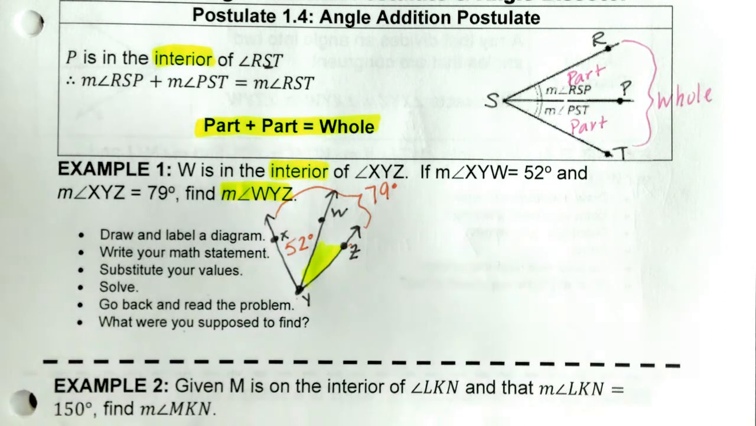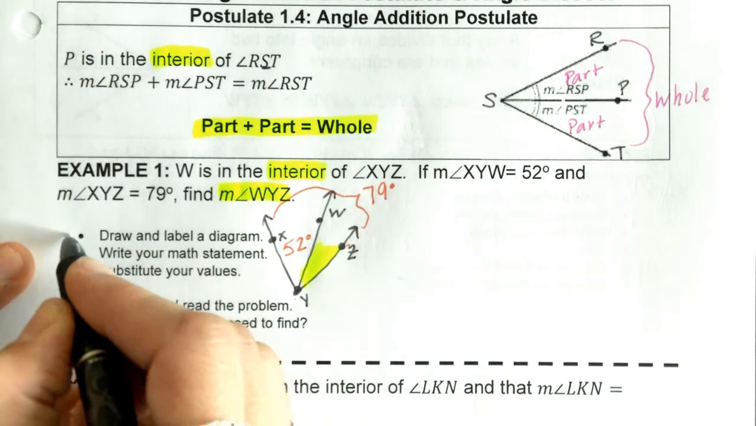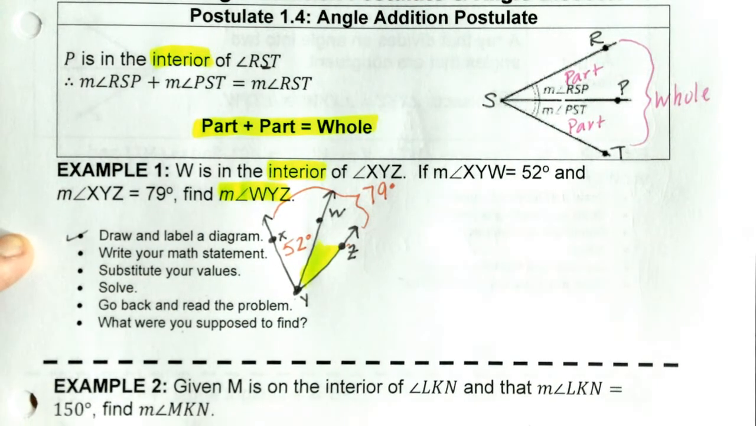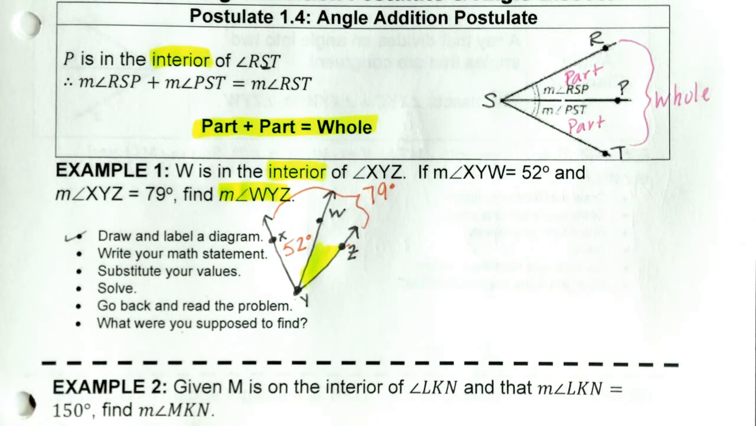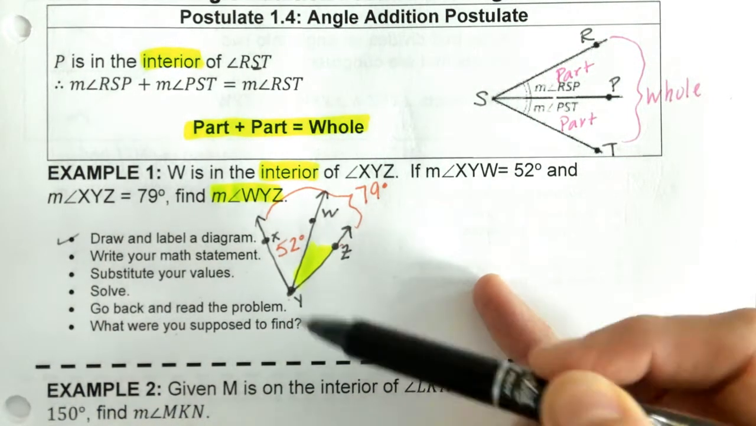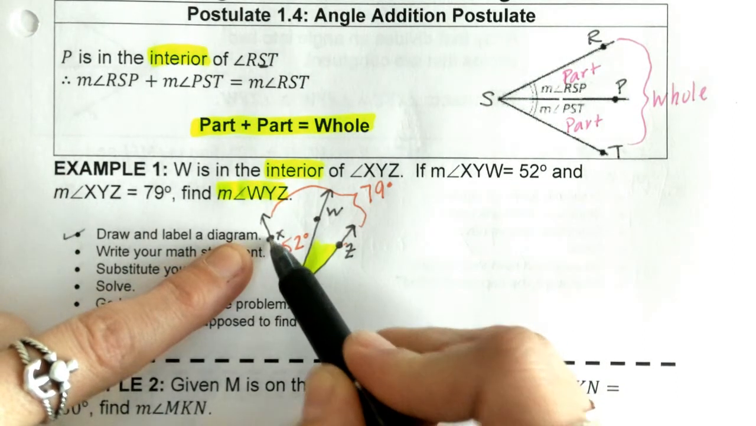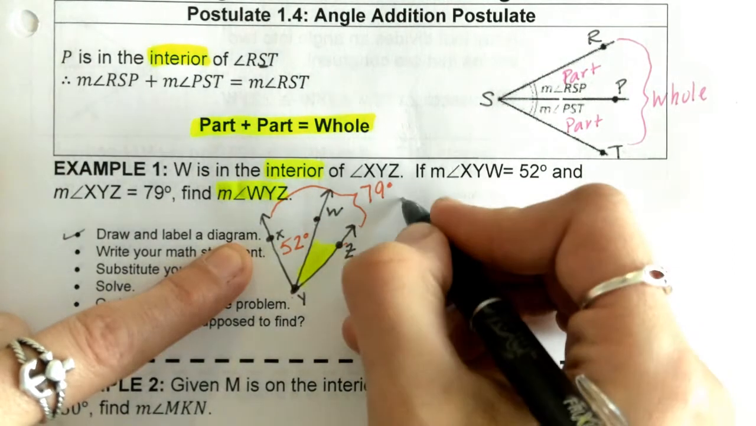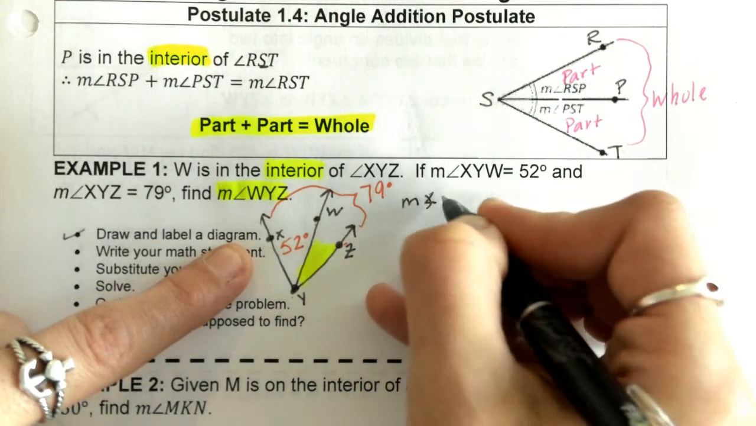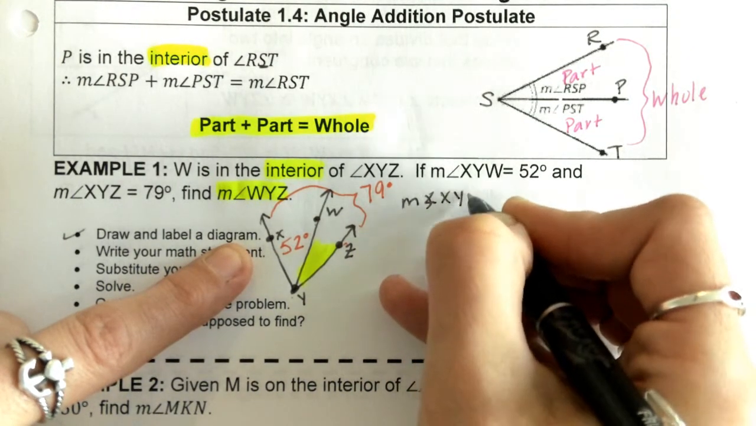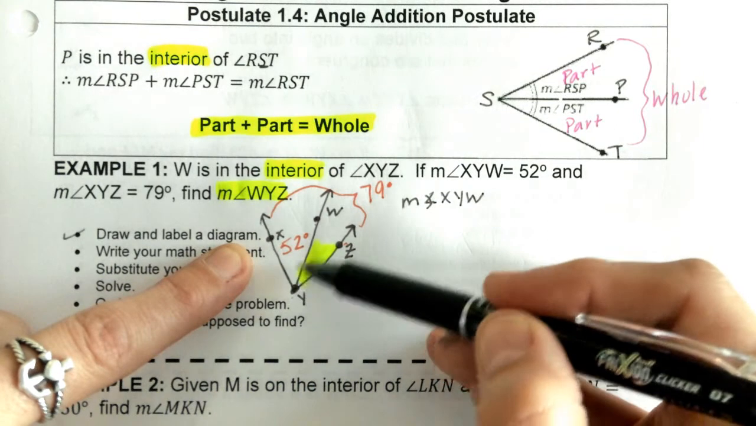Okay? So if we look over here at our bullet points, we already drew and labeled. Let's write our math statement, or it's also called math sentence. What I mean by that is your part plus part equals whole, but using these angles. So the first thing, our first part, is going to be the measurement of angle XYW. So we're writing the measurement of angle XYW, the first part,